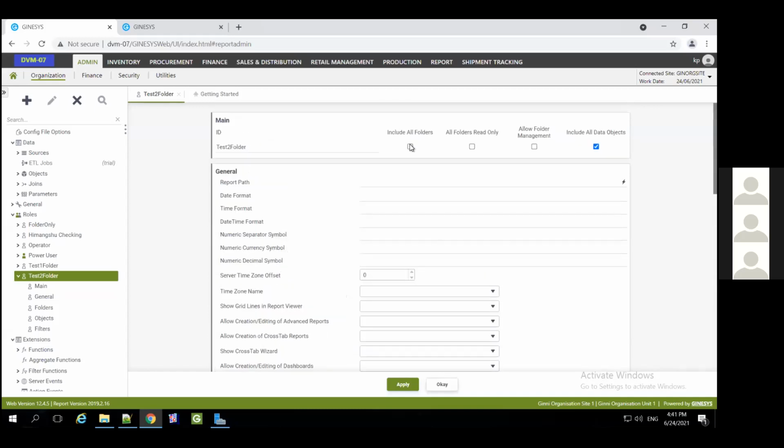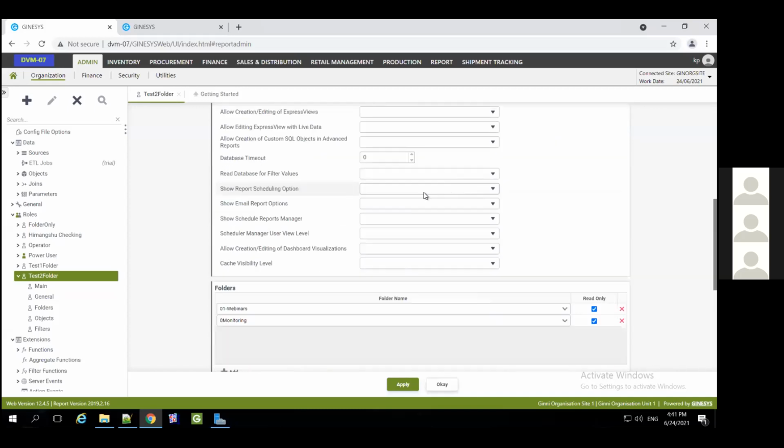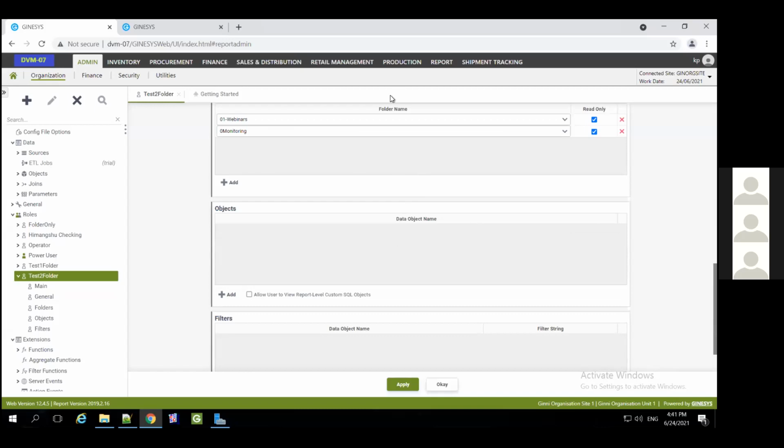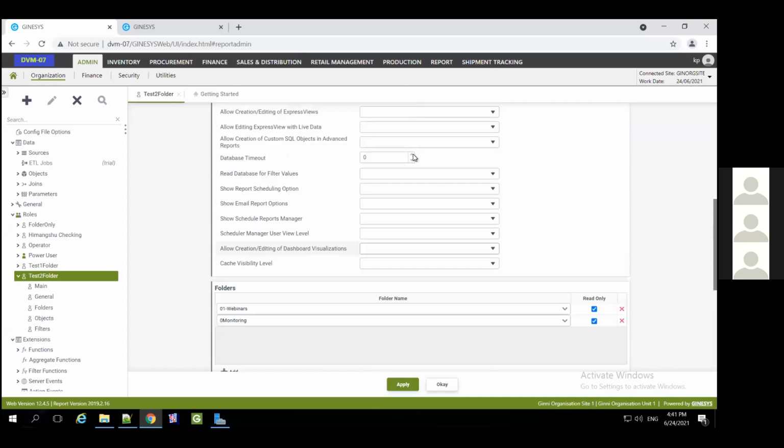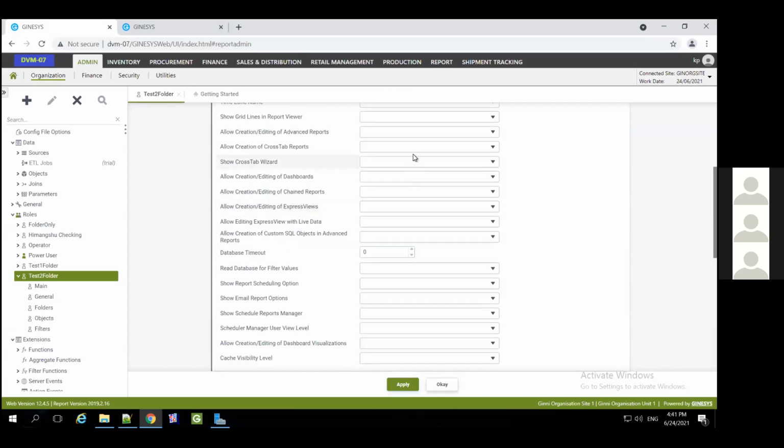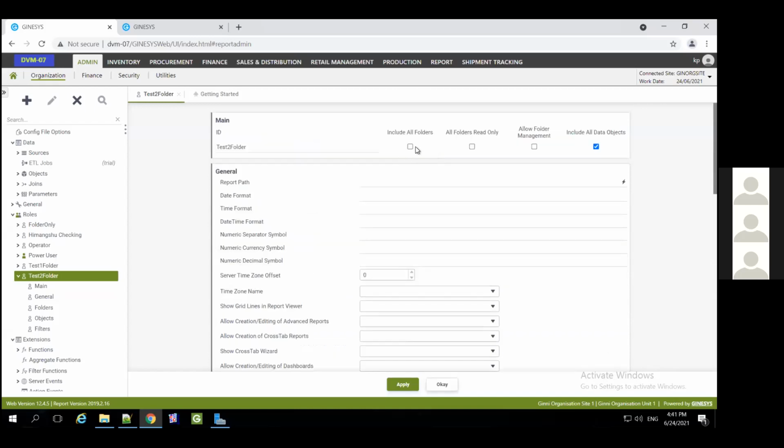When you check this option of include all folders, then the user will be able to see all my folders except these two folders, right? So if there's a super user, next to the power user, something like that, and he doesn't want to have access to, let's say, some custom folders and only some system folders. Let's say folder A and folder B. He doesn't want access to folder B, then he can take two options.